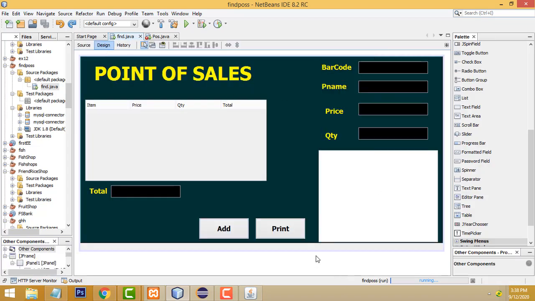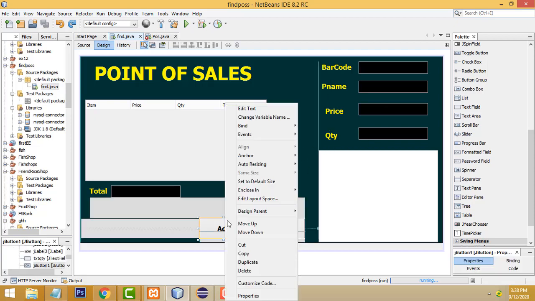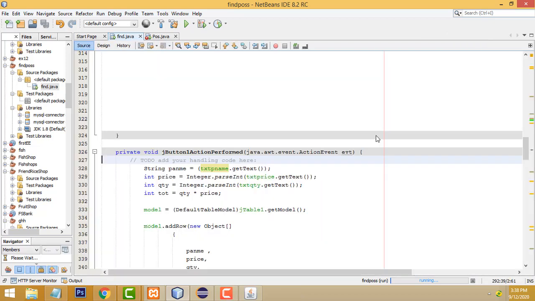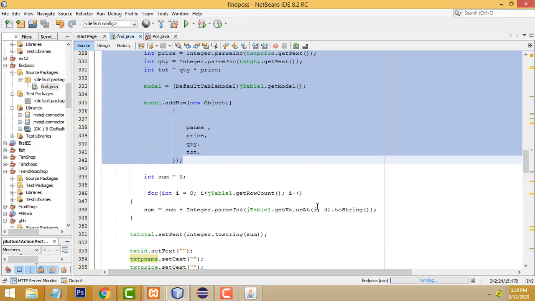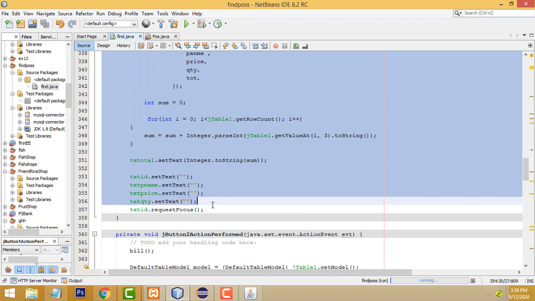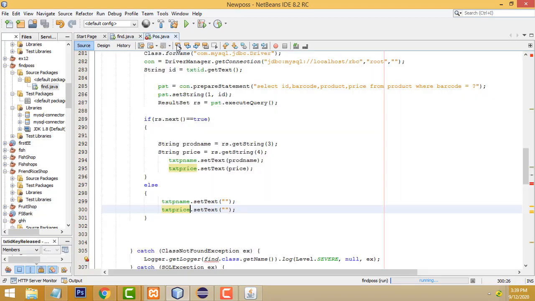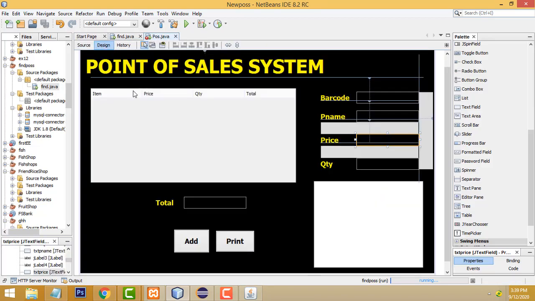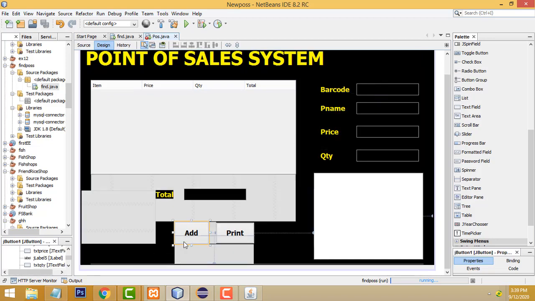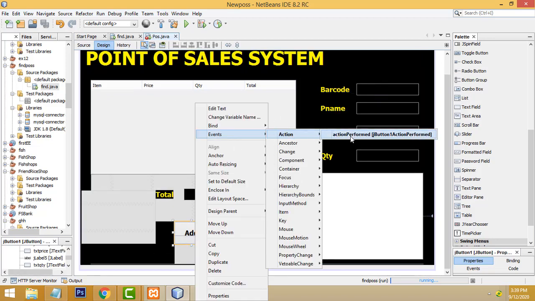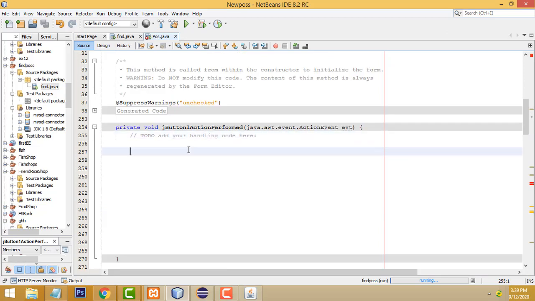After that, if this is completed, we have to go to the add button and do the other stuff, right? This is all code I am going to copy and paste. I explained it in my previous tutorial. It's boring for me because I made many videos regarding the inventory control system in Java, right?